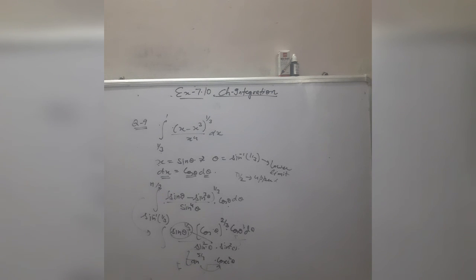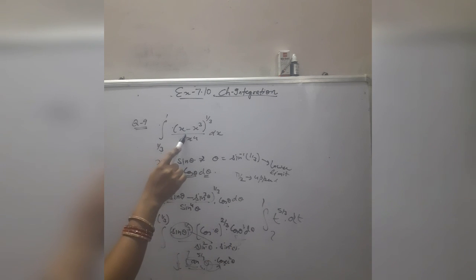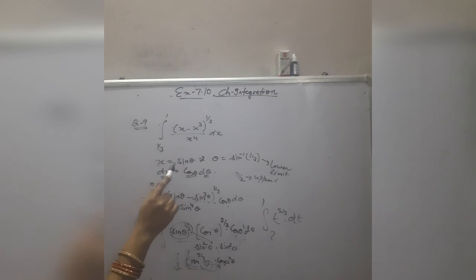So in the substitution method, again we will substitute, meaning we have used the substitution method two times here. If you put tangent theta is equal to t, then you will get t raised to power 5 by 3 into dt. Here also the limits will be changed according to the t variable. Listen again, earlier the function was given in x variable, after that we put x is equal to sine theta, the function changed in theta variable, then we changed the limits according to theta variable.